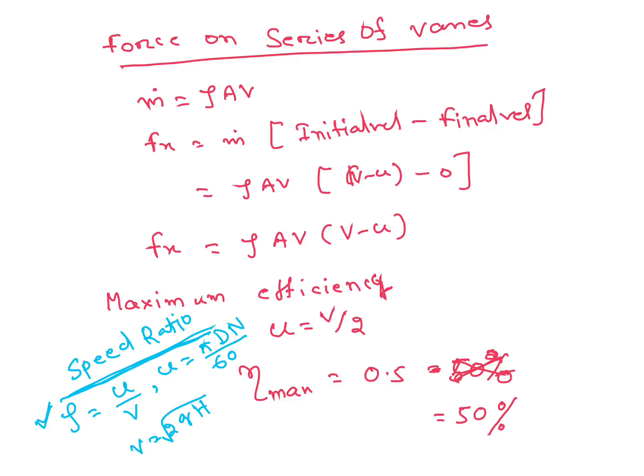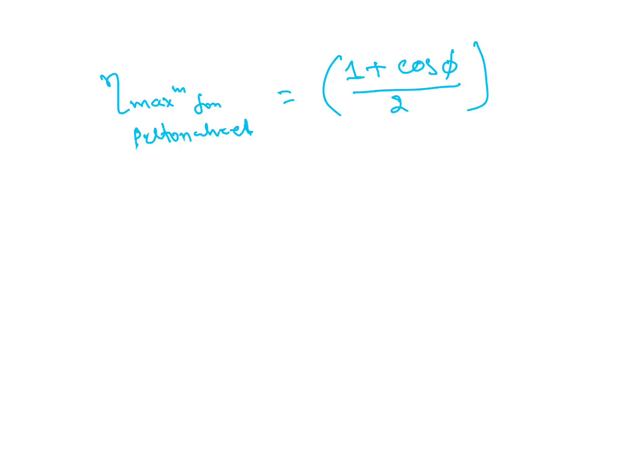For efficiency, for Pelton wheel, the maximum efficiency formula is also important: (1 plus cos phi) by 2, and the condition I already told, u equal to v by 2. Both are important here. And discharge through turbine is also important. Discharge through turbine is